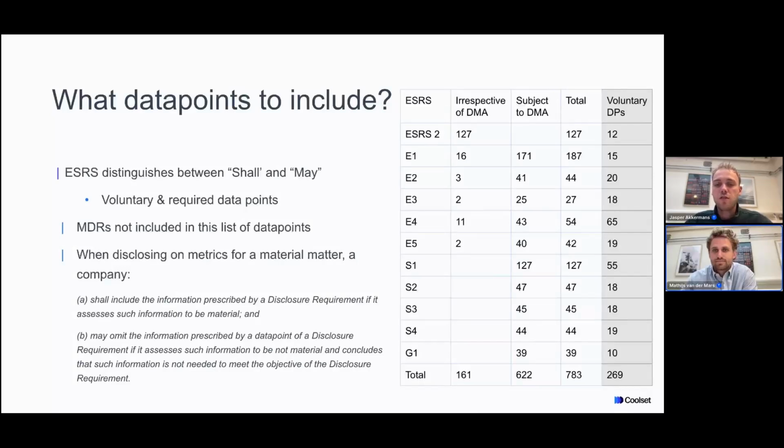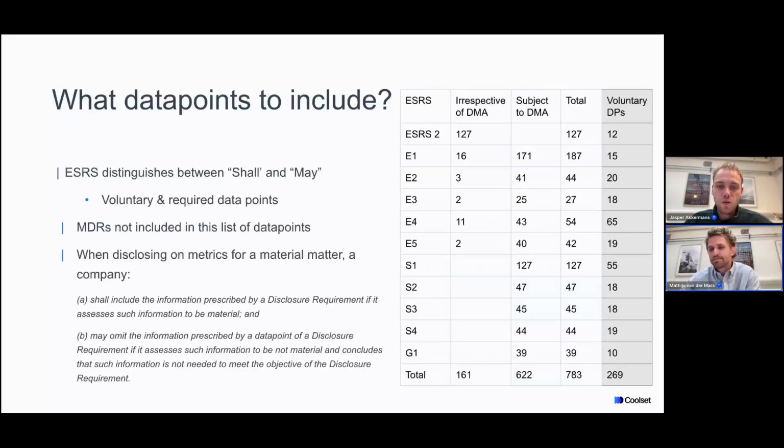Just quickly going to take you through the table here on the right. We have these ESRS topics on the far left. And then you see that for ESRS 1 to 5, there are mandatory data points to disclose regardless of the DMA. On the very top, you have ESRS 2, which is the general disclosures, the one I was talking about before. The third column shows you how many data points you have to report on per ESRS topic.